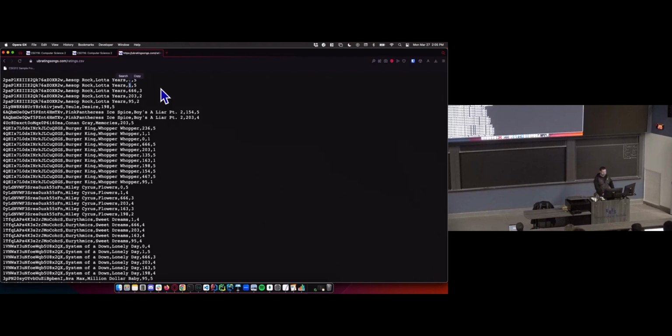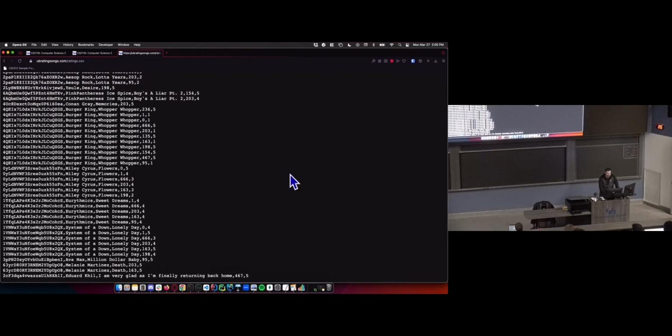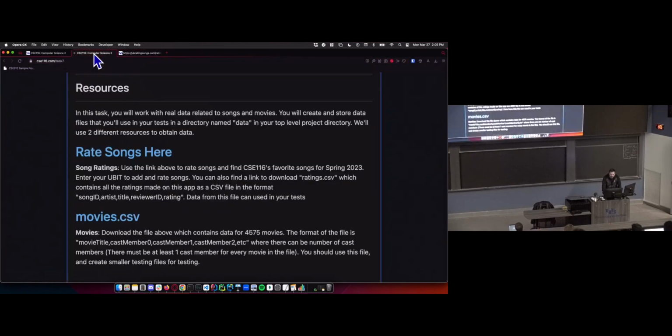So make sure that stays as a string and not converted to an int. And then finally, the rating of that song, this reviewer gave this song this rating. So that's the CSV that we want to parse for song data.